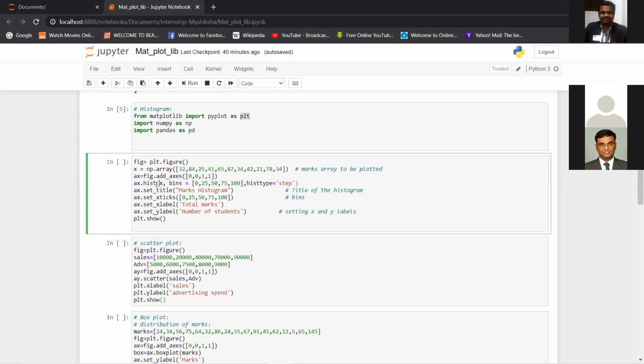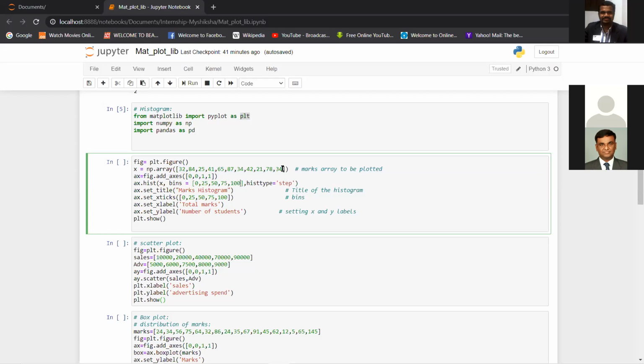And as the first element, I'm passing the array which I want to visualize, right? So I'm passing this array, marks of students x, comma, and then I'm giving the bins. Now bins are the class intervals. Okay, so I'm starting with 0, then 0 to 25 will be my first class, 25 to 50 will be my second class, 50 to 75 will be my third class, and 75 to 100 will be the last class. So that's how I'm dividing this data into classes, right?